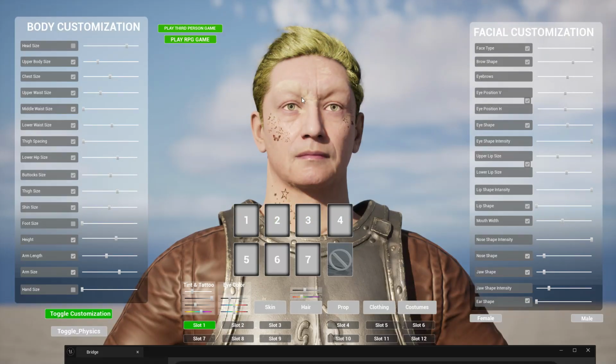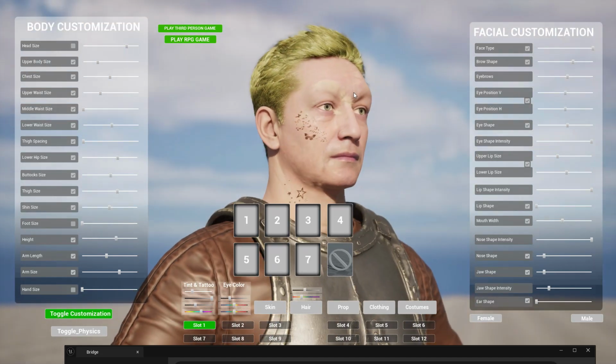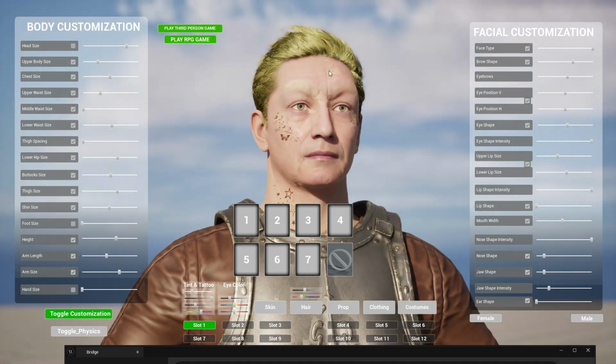That was this hairstyle. Right now you can see it's fine, but the eyebrows, what you see over here now, are not in the correct position. So first things first, do not mix heads of different metahuman versions, or else you will get this problem. Secondly,